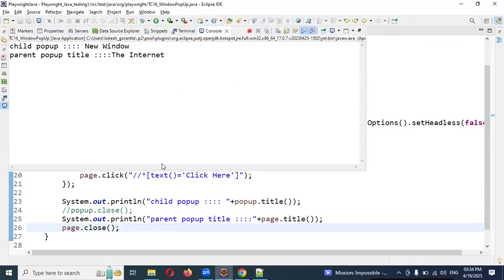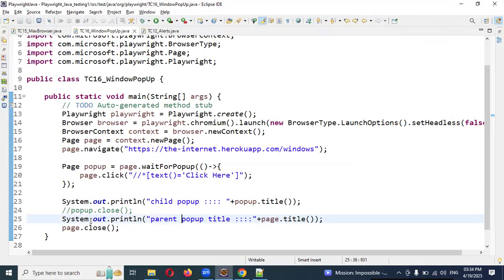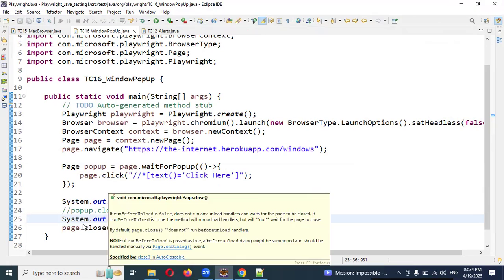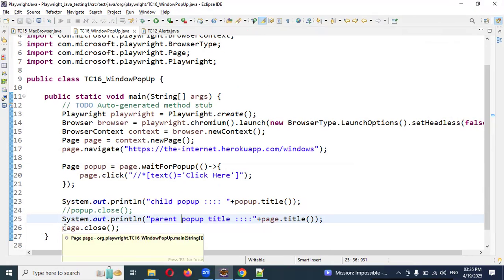See, the new window is there, the parent window is gone, right? Still working fine, no issues. If you want, you can close both, no issues. Maybe in another case,